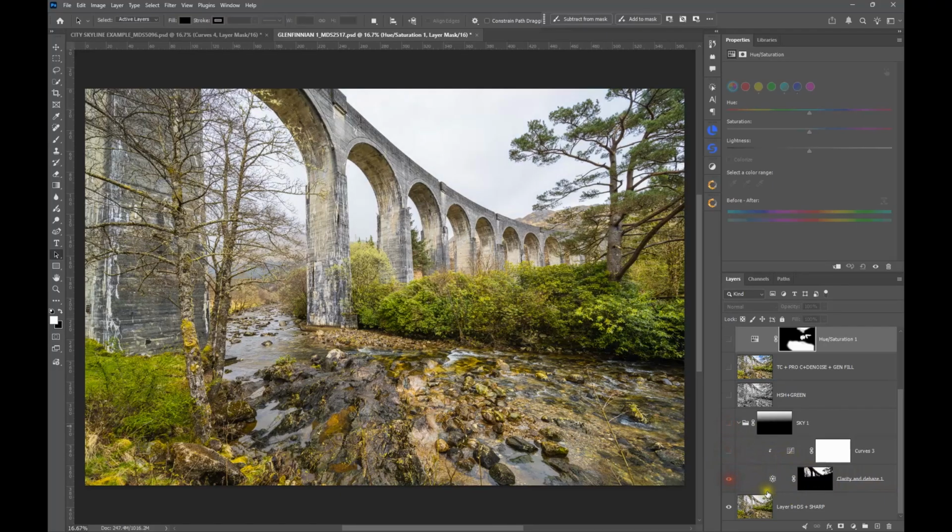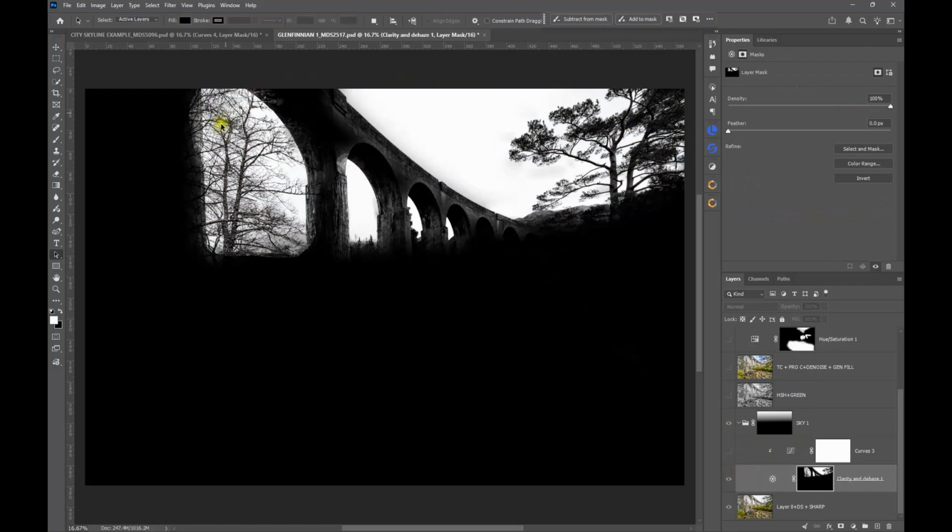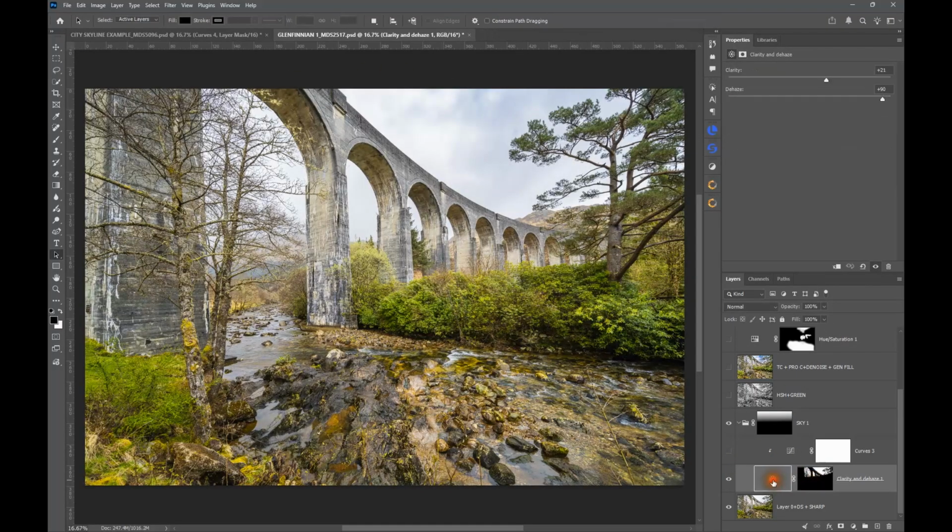If I turn them all off, and we can select this one, and what I've done here is I again hold down the Alt key, click on the mask. I've made a selection of the sky, and what I've done is I've used a clarity and dehaze adjustment layer, because the sky, as you can see when it's turned off, was completely white, but there is detail in the sky. So by applying a clarity and dehaze, I've brought some detail back into the image,